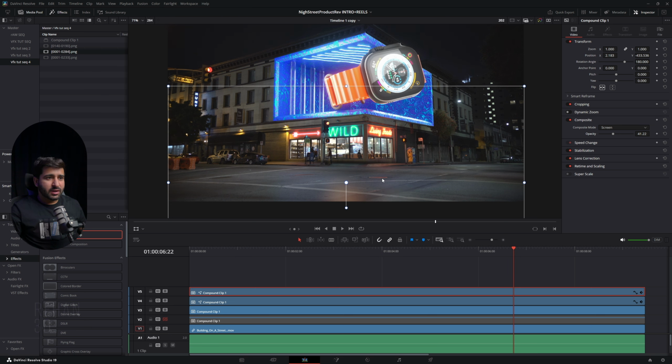Basically what I'm trying to do is get the reflection of our main screen. Like in real life, when we get a screen or any light, we get its reflection on the floor, on the road. So what I did here was create a fake reflection shadow. If you try to create this in Blender, it will take a lot of time to run, and you have to render multiple layers and multiple passes to get this simple thing, which we did in compositing very easily.